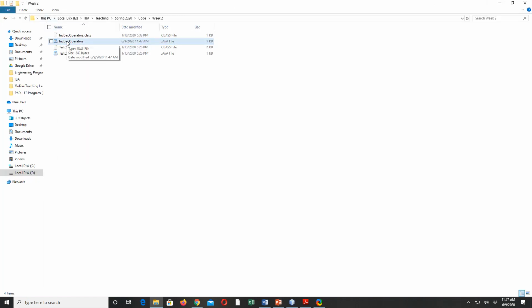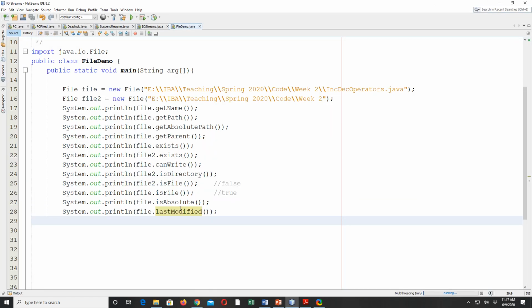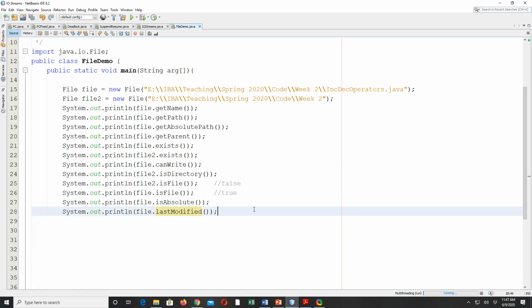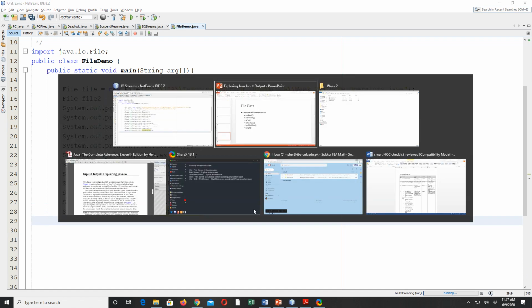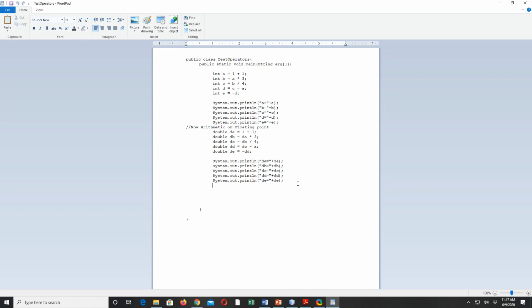Increment operator, last date of modified 6/9/2020. Okay, let me check it. This value is still too big. We'll come back to see how to interpret this value, but this last modified will tell you when the file was last modified. If, say for example, I modify this file,